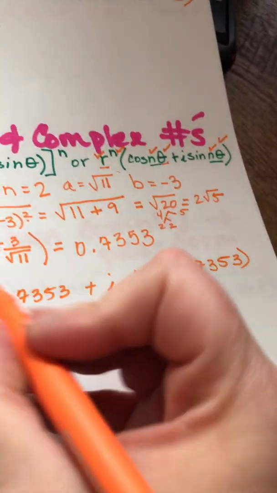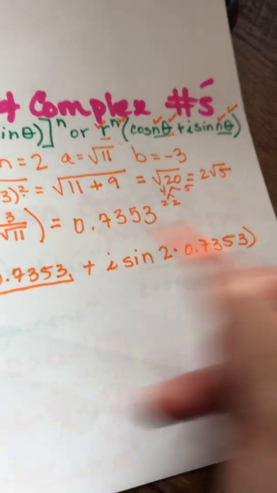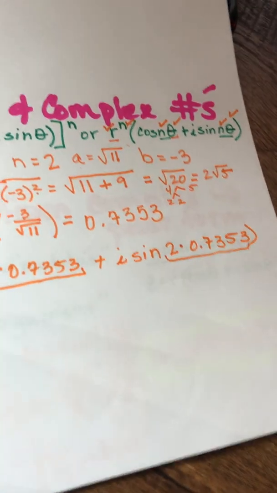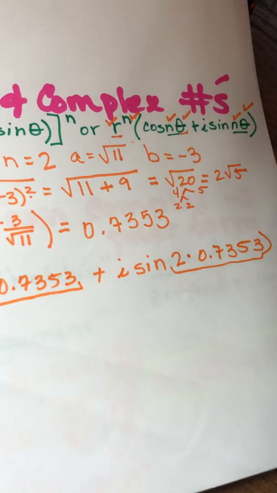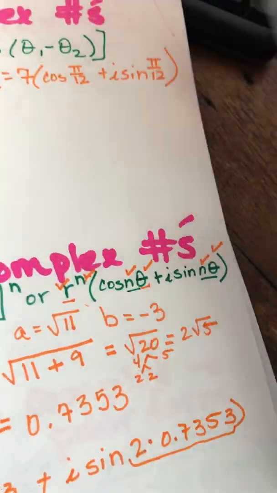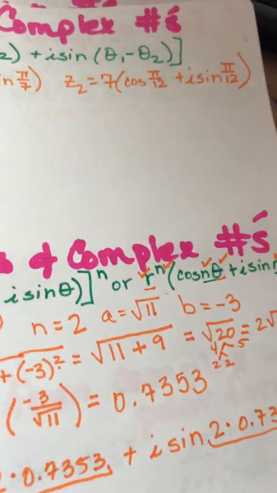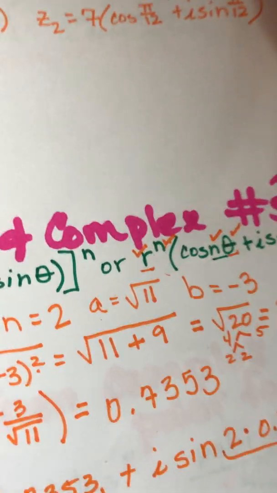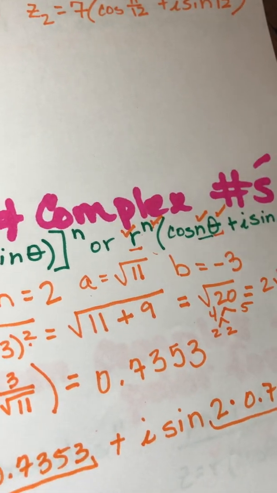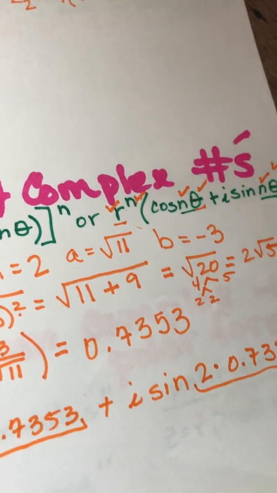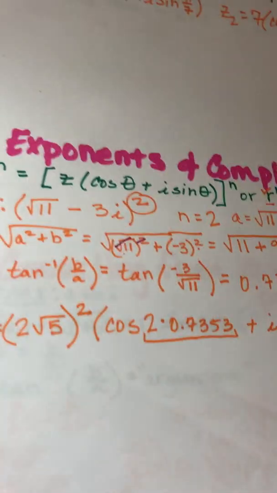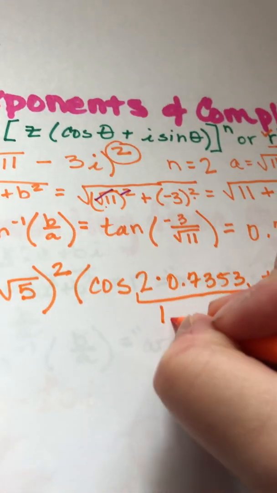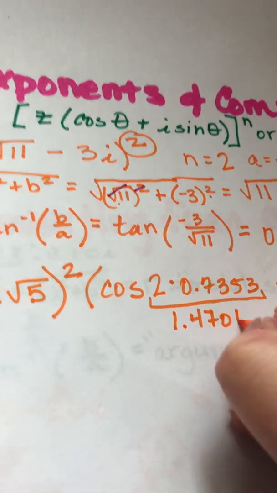Okay, now I'm going to take 0.7353 and times by 2, and I get 1.4706